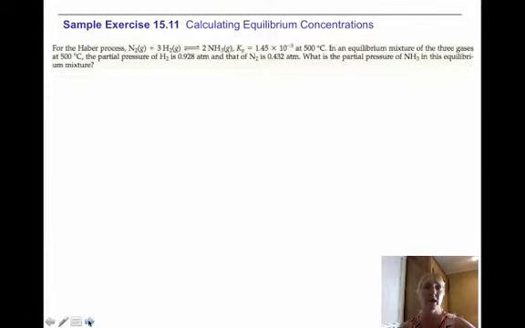Now, when you are calculating equilibrium concentrations, you need to be able to look at what's been given to you and what you need to know. So if I look at this problem, they give me a balanced equation. They give me an equilibrium constant. Again, they only specify the temperature because equilibrium is dependent upon temperature. And